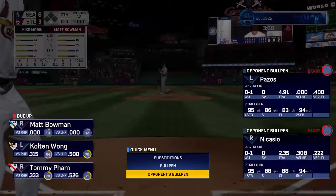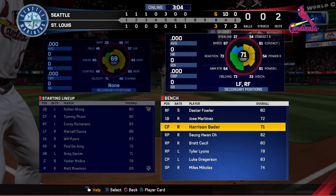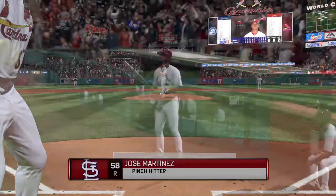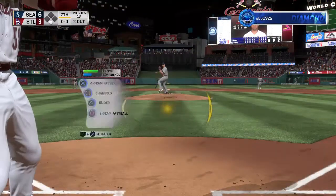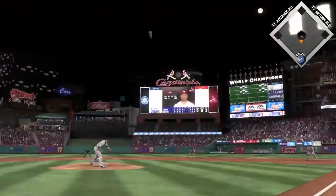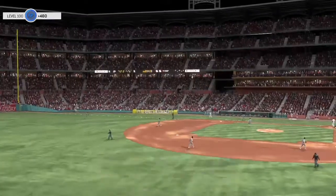So striding forward now, Matt Bowman. Bases empty and two gone following the sacrifice fly. Jose Martinez will get the call here as he'll hit for the pitcher. Number 58, Jose Martinez. Bat explodes as this has popped up, and he'll avoid the fragments out there to make the